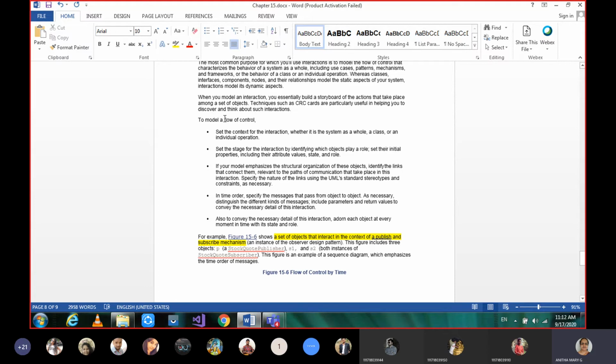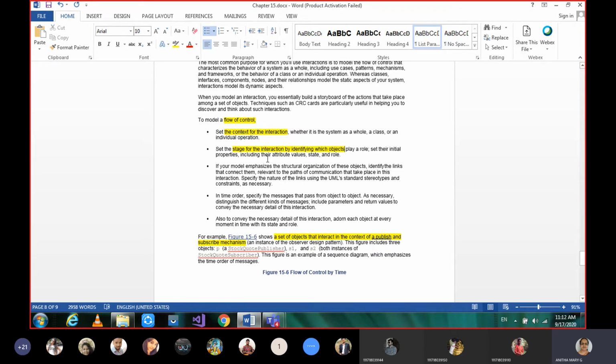So in order to model the flow of control, first we need to know the context of interaction. Okay, about what scenario and what is the context. After that, at every stage of interaction, we need to identify their objects and their roles, and what are the initial properties of their attribute, state and role.